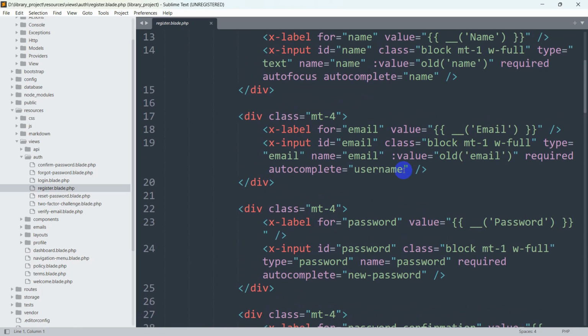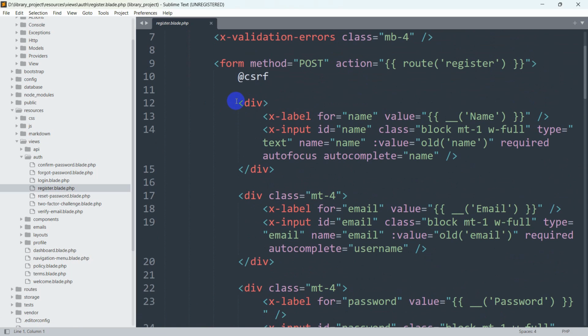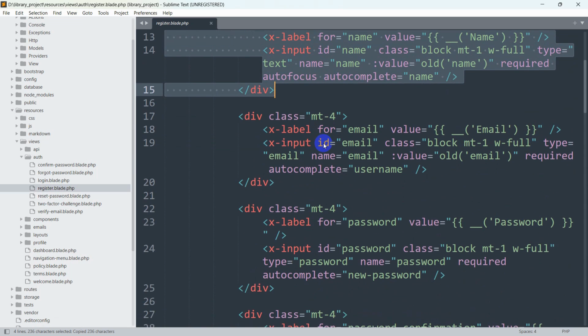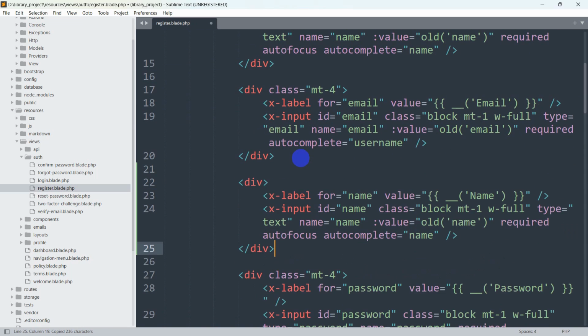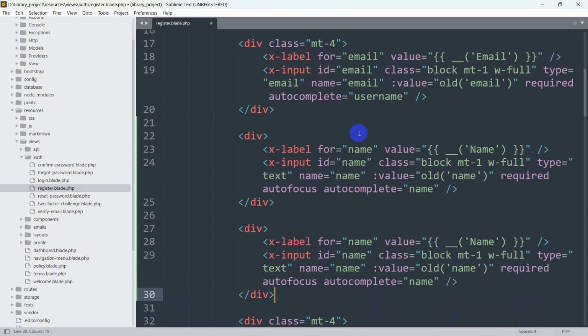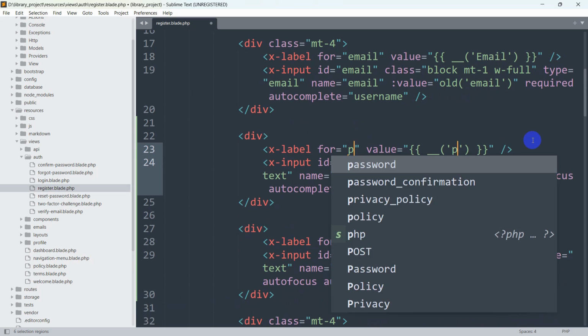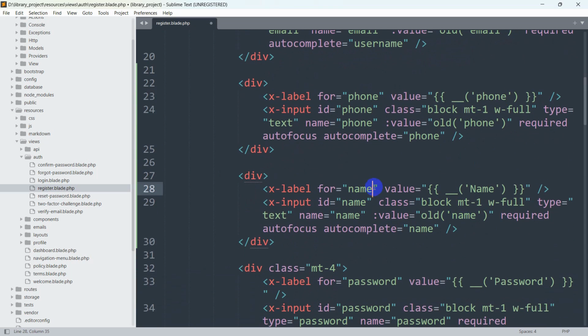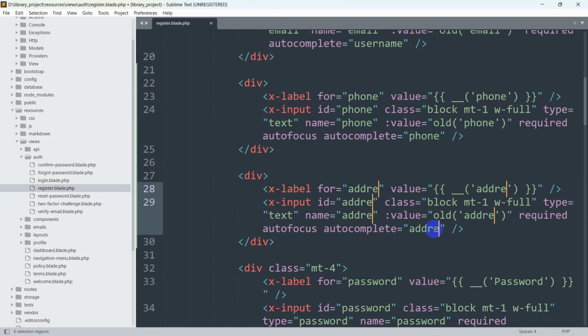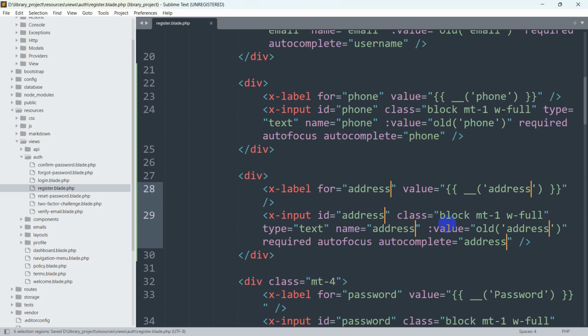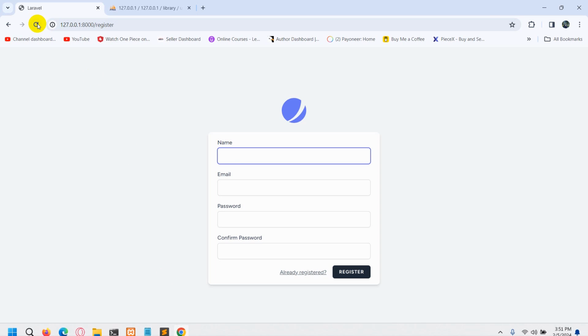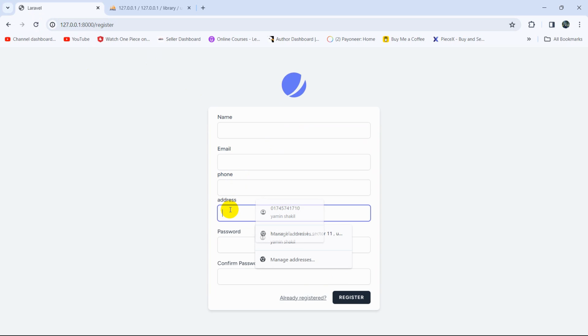So here after the email field, we'll add two more fields. So let me just copy this and we're going to paste it after email two times. So let me just select everywhere for giving the phone name over here. So we are going to say here phone, and this one will be for the address. So here let me select again everywhere, and here we are going to say address. So let's save it, and right now if we refresh here, there you can see we have phone and address